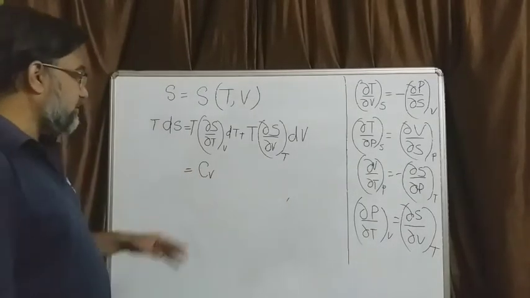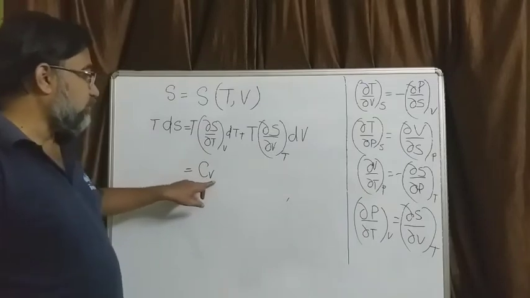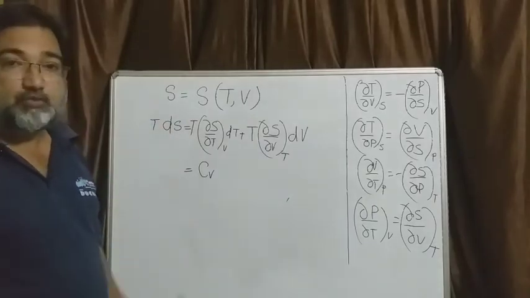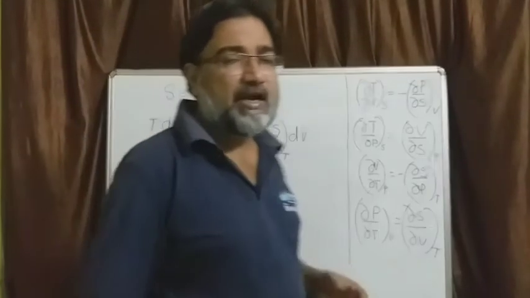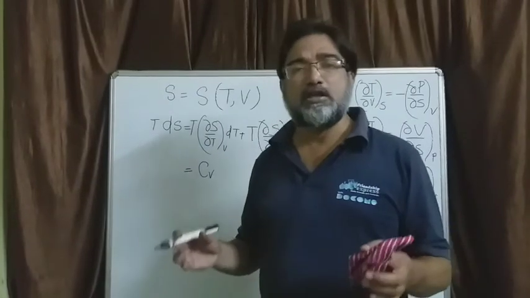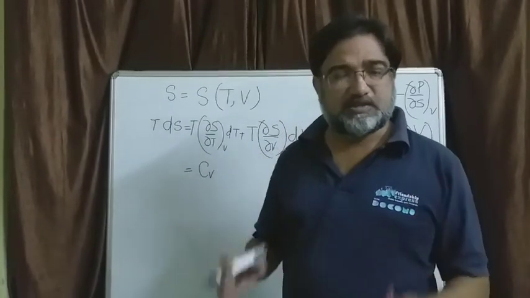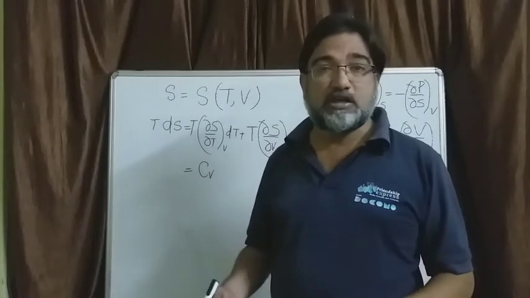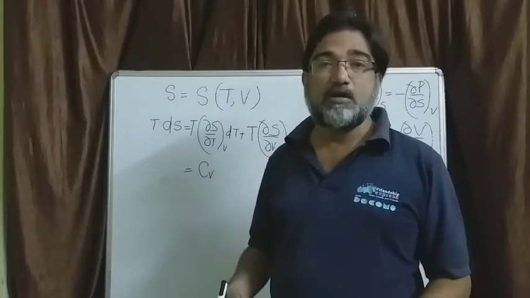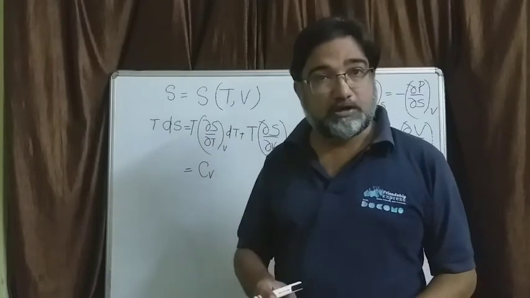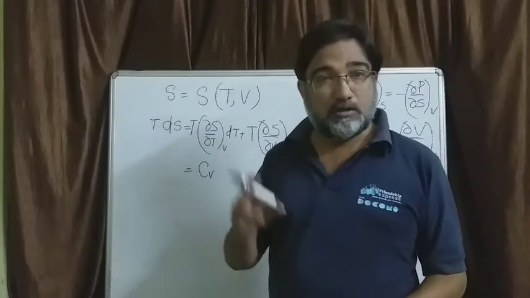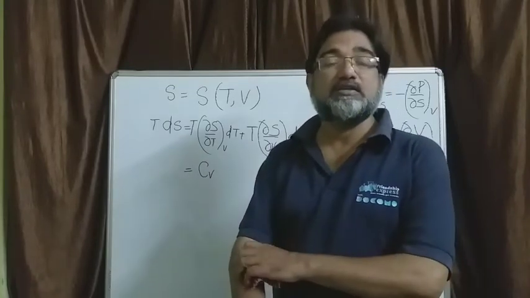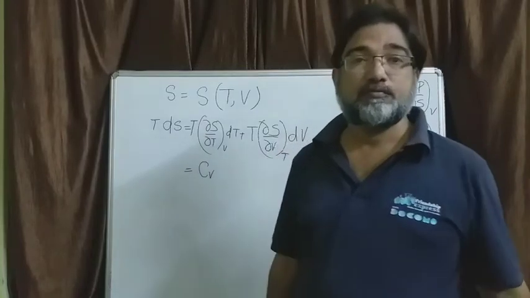What is Cv? Cv is the specific heat at constant volume. Of course, in this whole equation, the mass is 1. I am taking for unit mass. That means I am writing every property notation in the specific term. And T I am always writing capital T because T divided by m doesn't give you small t. The temperature doesn't become half just because the mass becomes half, but volume becomes. Okay, the enthalpy, entropy, internal energy become half if the mass is half, but not temperature or pressure.